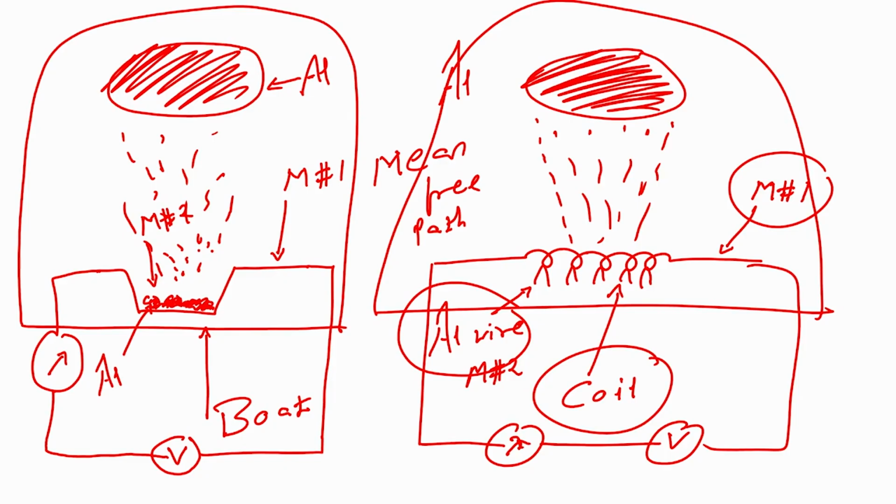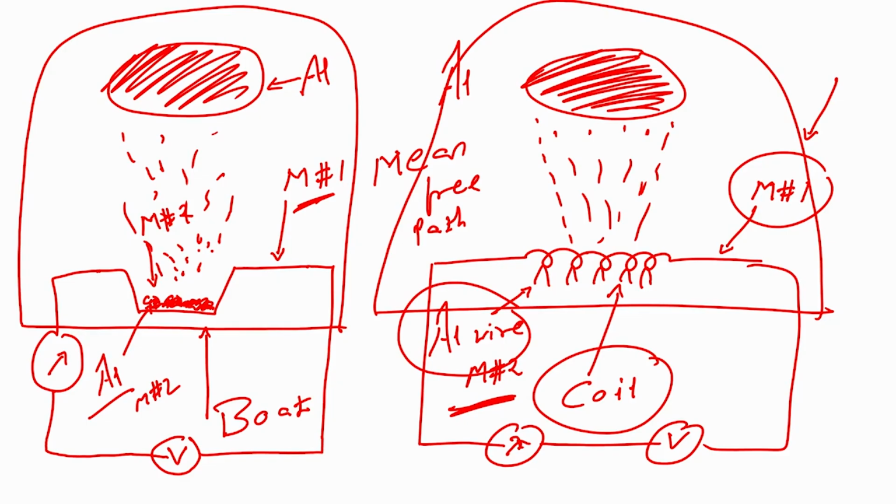Now, a very important point that you need to remember in this particular example is that when I am heating metal 1, my metal 1 is not getting evaporated, only my metal 2 is getting evaporated, correct. My metal 1 is not affected, only my metal 2 is affected. This aluminum is my metal 2. That means to have a good deposition, or to evaporate a material of our interest,